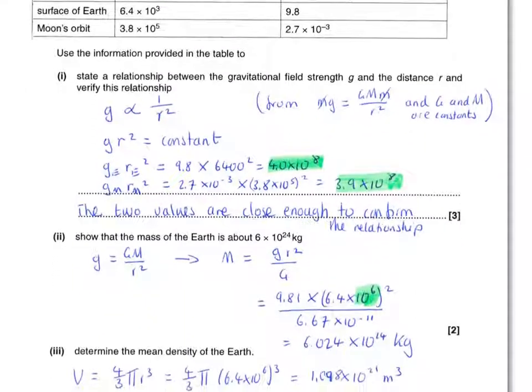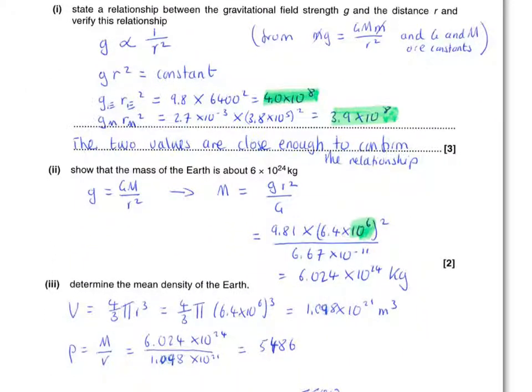We move on. Show the mass of the Earth. Standard question this. You've got to remember that the equation we've got for field strength is GM upon r squared. We can use that to weigh the object. If I can work out g at a certain radius, we can do that, and very often we can do that by measuring periods and radii. Rearrange that then,